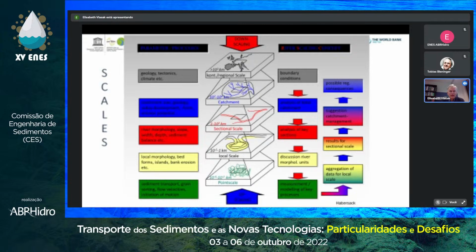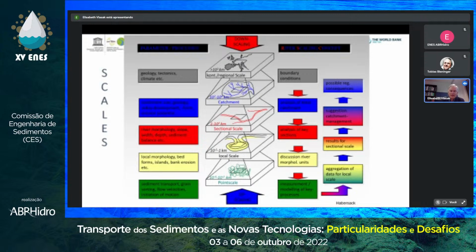the initiation of motion. We could go much further into only this one because, for example, in our lab, we recently did scale models for only one single particle. So you can even spend your whole research life trying to understand why a particle is transported, because then we get turbulence and vortices and things like that. But anyway, in this talk, I think we have to focus on this area here.